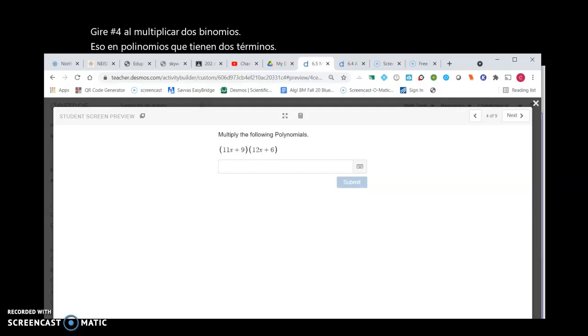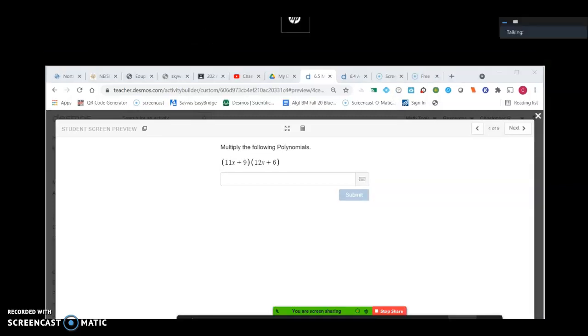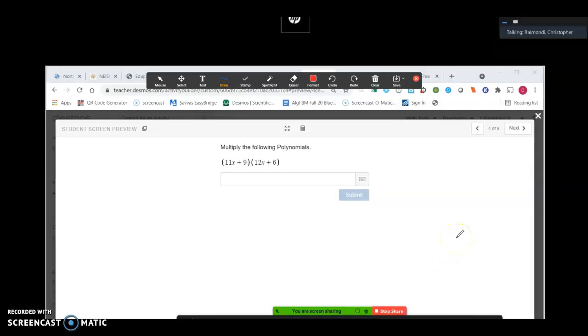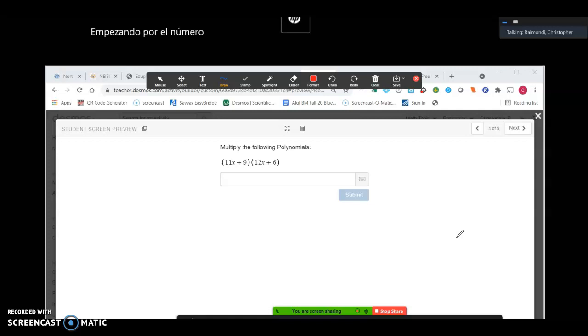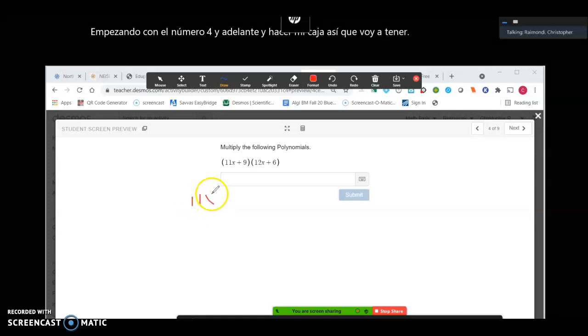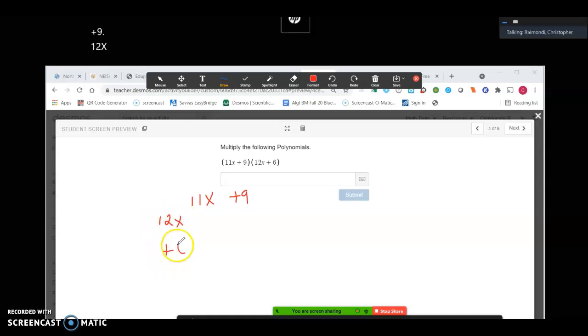So I'm going to go ahead and use the box method, and I'll show you guys how to do that. Okay, so I'm starting off with number 4, and I'm going to go ahead and make my box. So I'm going to have 11x plus 9, 12x plus 6,